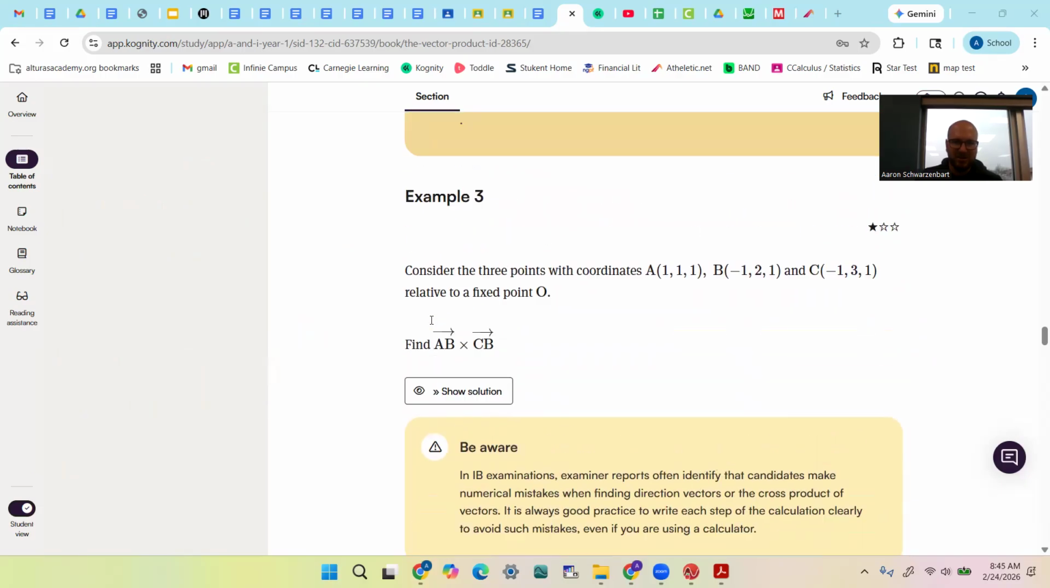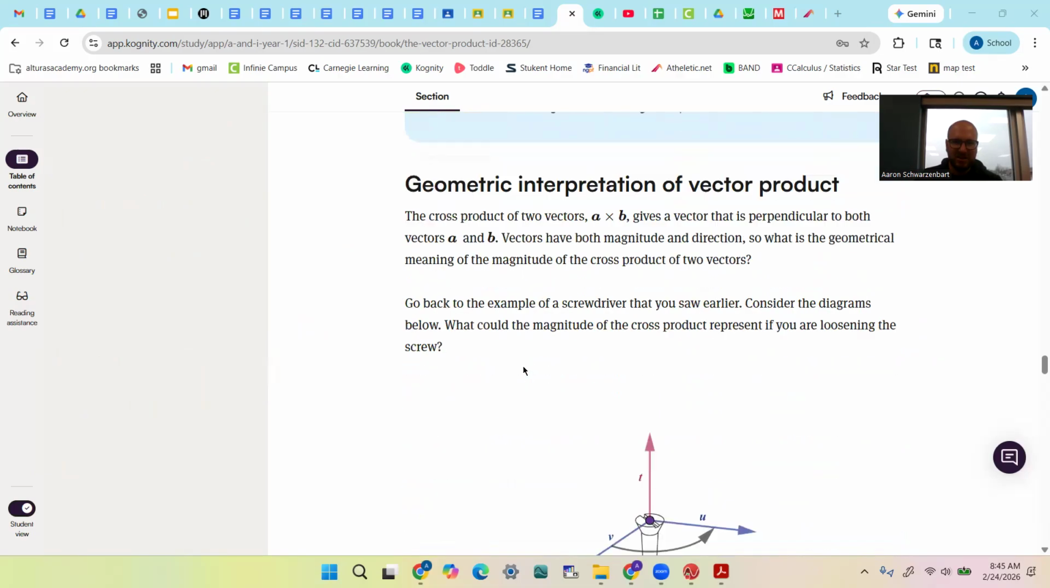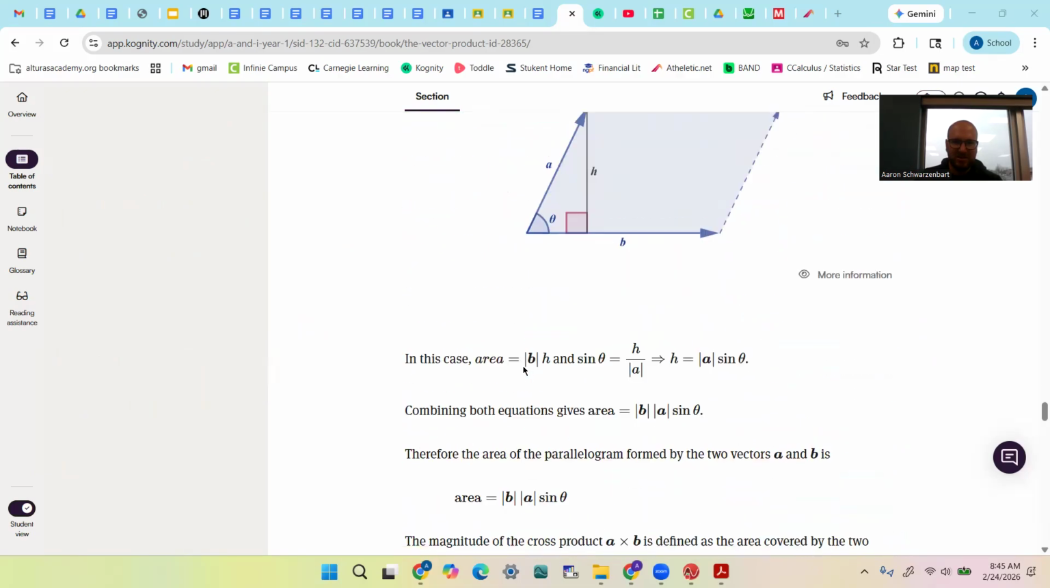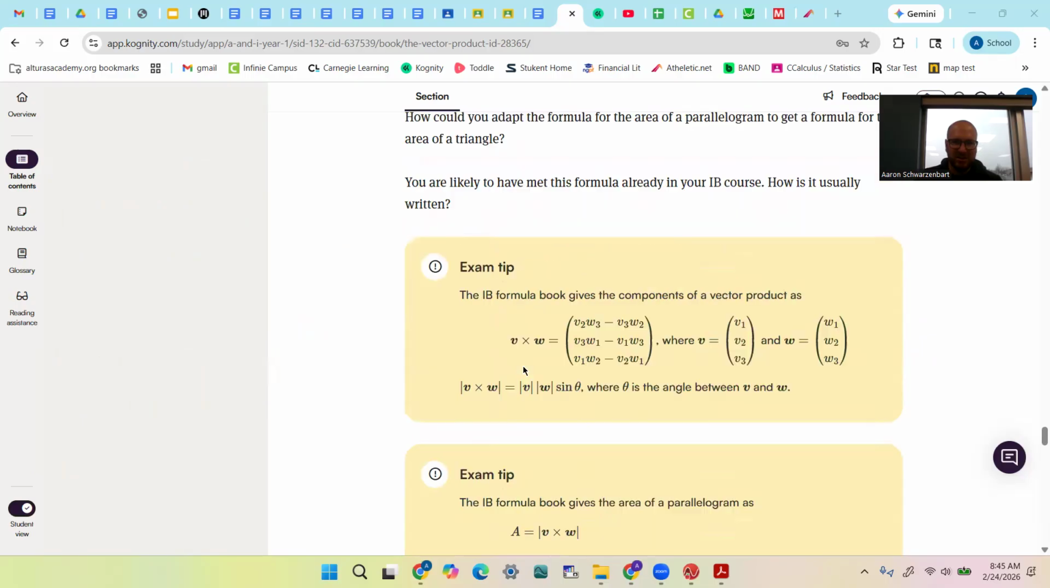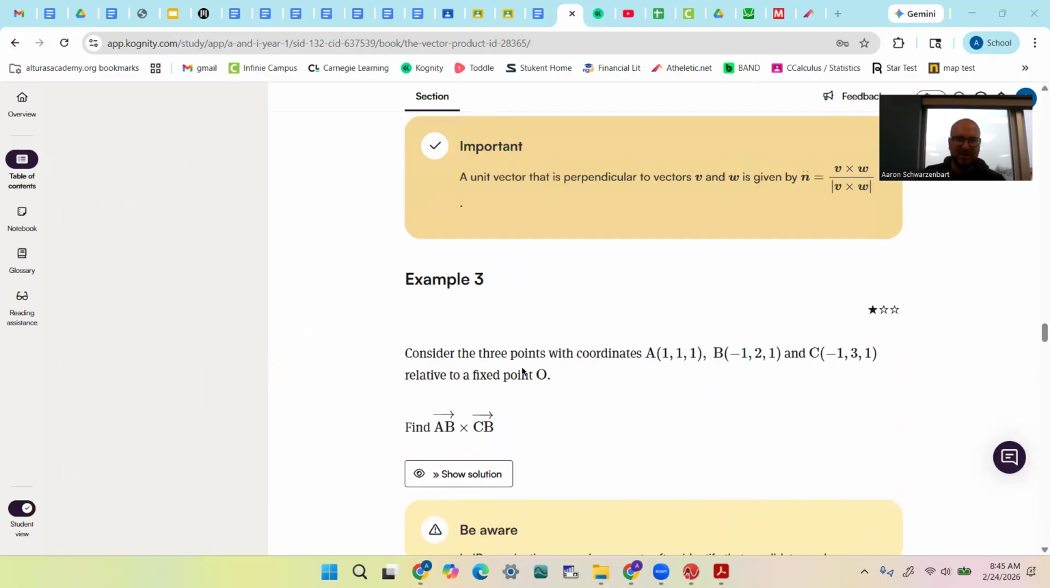So consider these 3 points. Find AB cross CB. Do I have more in this section? I guess so. AB cross CB. Well, I need to find AB, and then I need to find CB. So AB